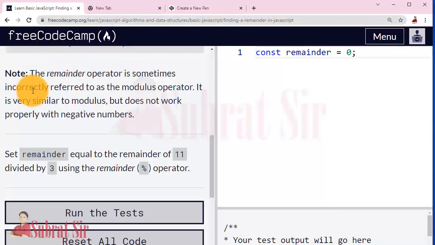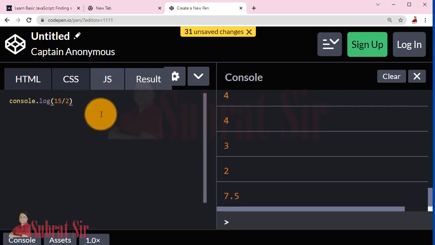The remainder operator is sometimes incorrectly referred to as the modulus operator. It is very similar to modulus but does not work properly with negative numbers. Let us try that. 15 % 2.